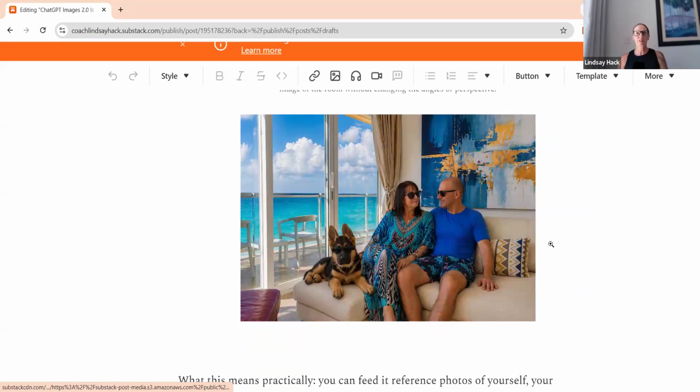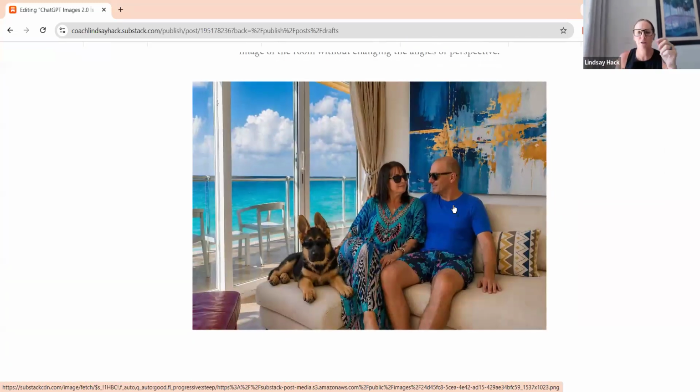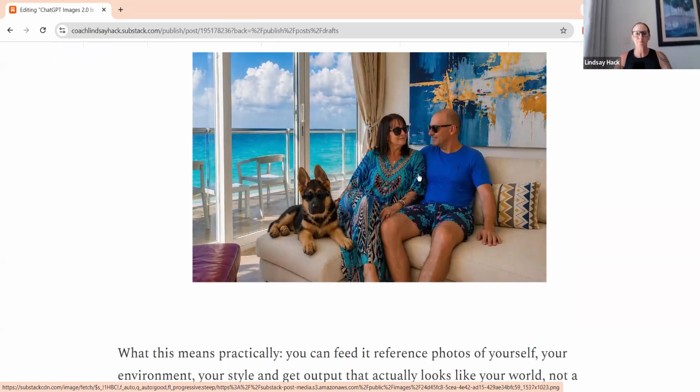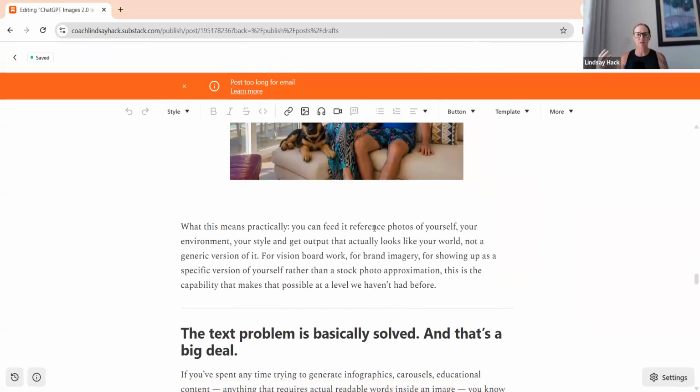When I first tested this one out with Nano Banana, it was okay. It wasn't fantastic. So this is similar, right? There's a little bit of confusion in the actual face. If I kind of come in here, you can tell that these are definitely not us anymore from the picture. But look at the detail of the artwork, the dog with the sunglasses on. This is such a good representation of what I was asking. And so really, when it comes to that physical reference photo of yourself, that's a great place to work with.